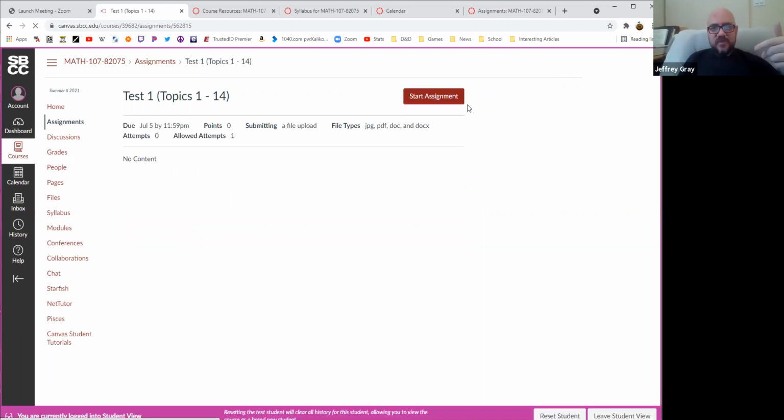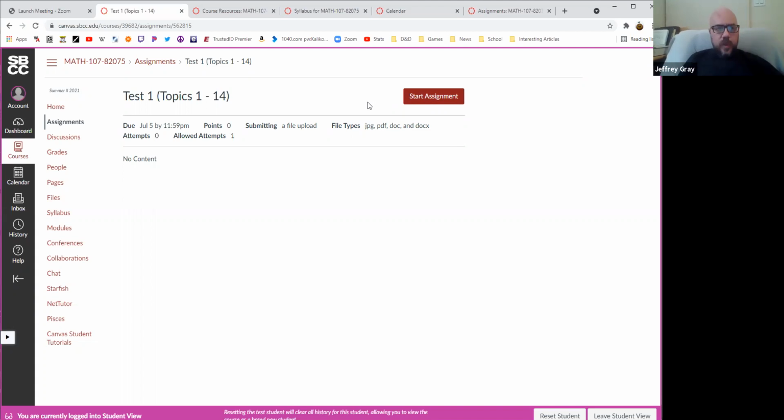I would have to see the student view. There should be a submit assignment option. Why is it not? This is very strange. It should have a link. Usually, you'll probably be able to see a submit assignment button there that you click, and it will ask you to upload a file.